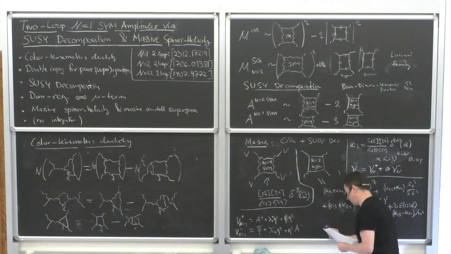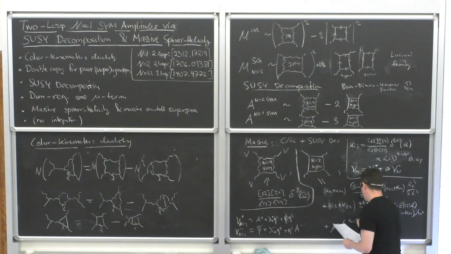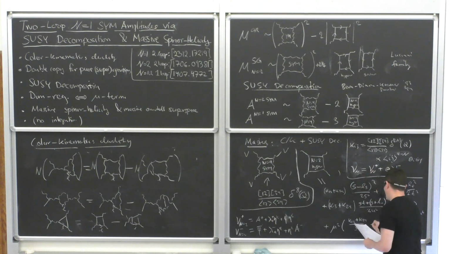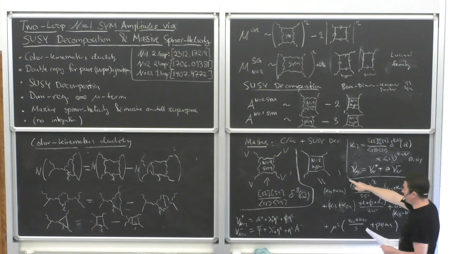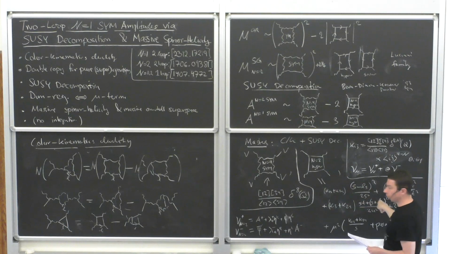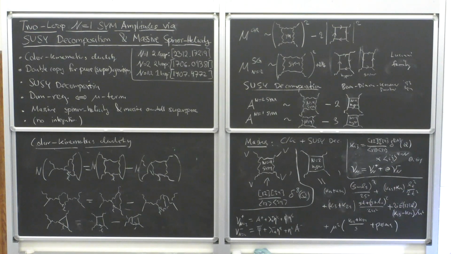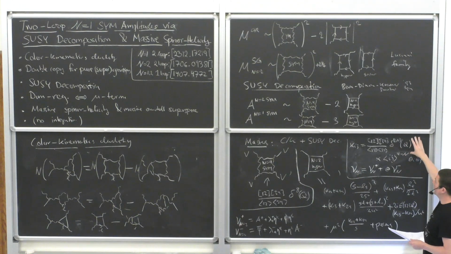Finally, there's one more term, so this is what I wanted to get to. So that's a mu term. This is when you do dim reg, you need to introduce mu terms. And it looks like this, plus perms. Okay, good. So this is the numerator. You might be surprised why I call it numerator, because you see that obviously it has some denominators. But this is due to the fact that I'm trying to make supersymmetry manifest. So I can make supersymmetry manifest at the expense of some non-localities.